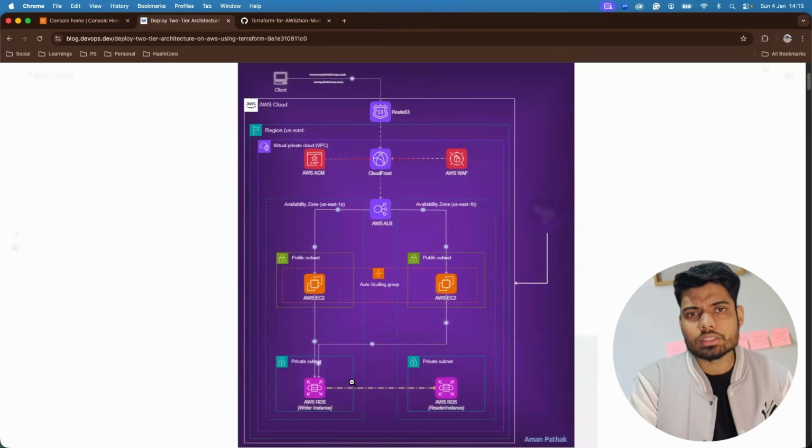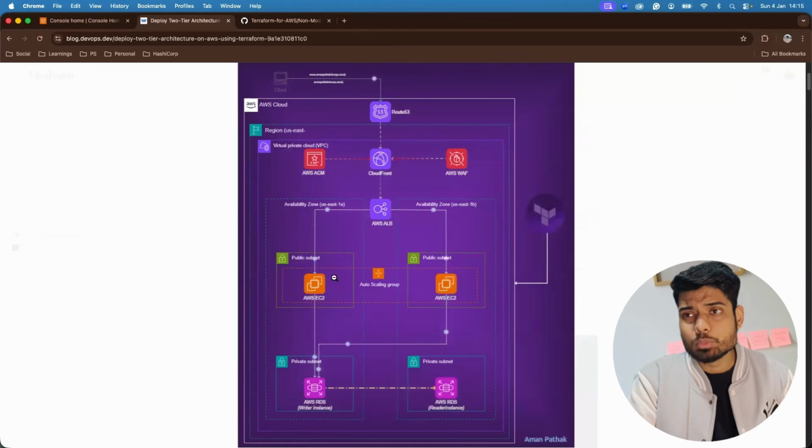And the RDS cluster or instances will be in the private subnet, which is how it happens in production-ready environments. So no one can access your RDS instances or database. For that, we have disabled public accessibility for RDS, and that's where the private subnet comes in. Then we will have the second tier,